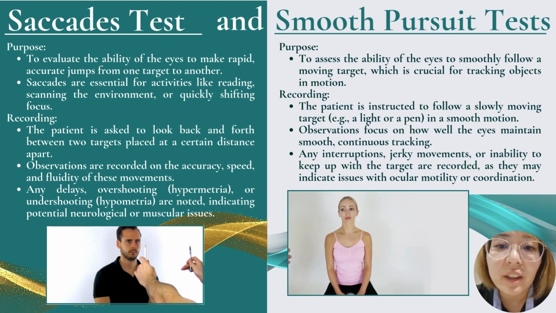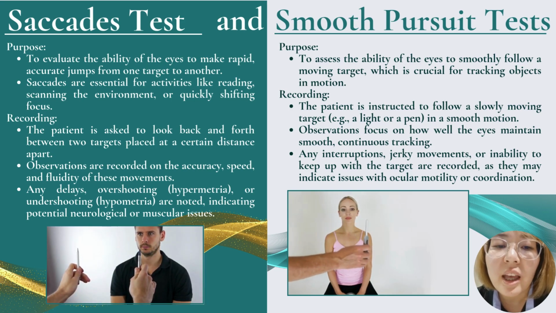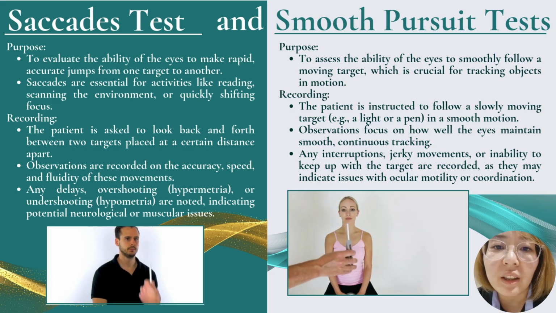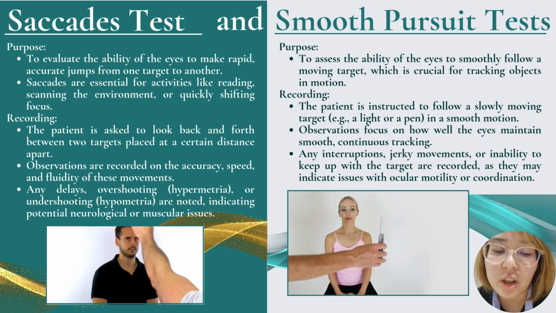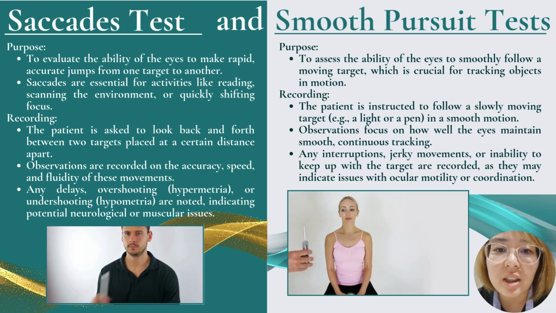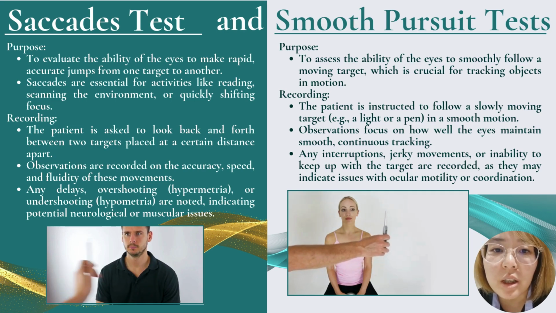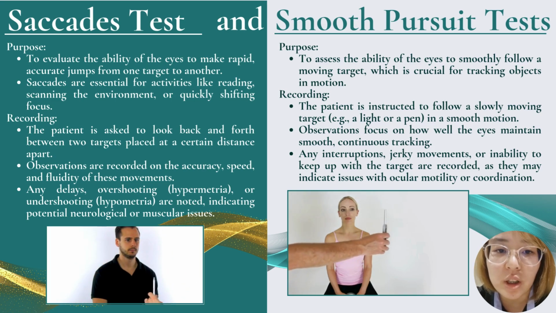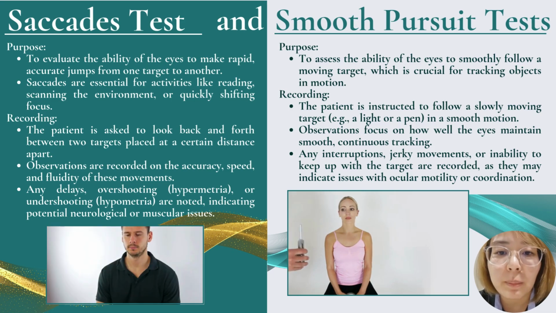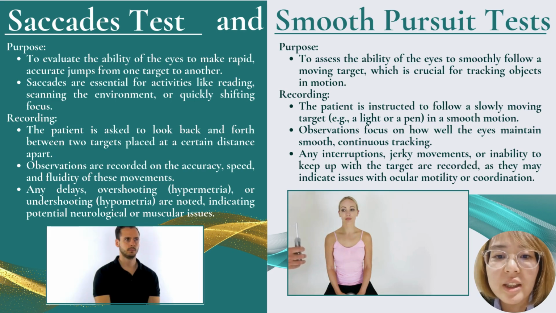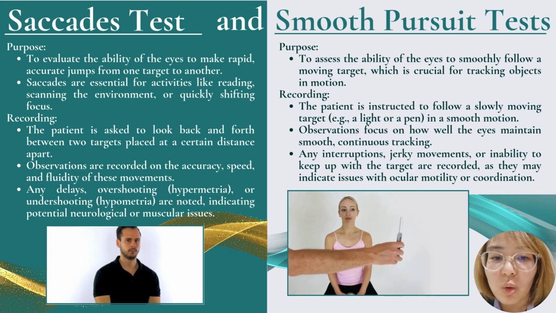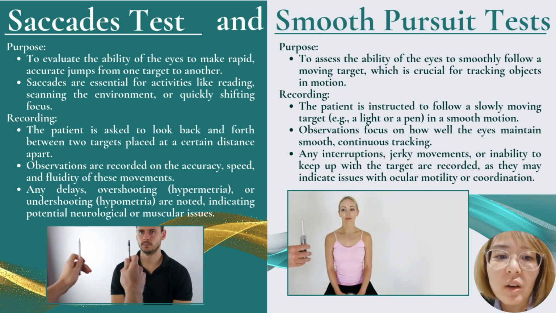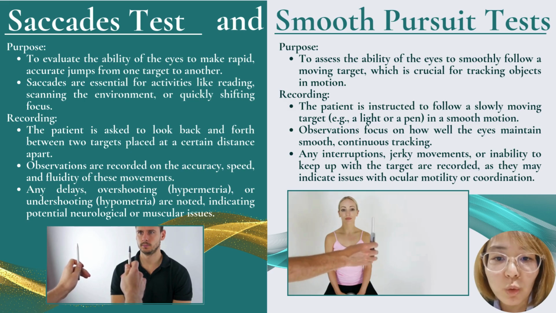On the other hand, the smooth pursuit test evaluates how well the eyes can follow a moving target in a continuous, smooth motion. This ability is essential for tracking moving objects, like when watching someone walk or following a car in motion. In this test, the patient is instructed to follow a slowly moving target, such as a pen or small light, with their eyes. We observe how well the eyes maintain smooth